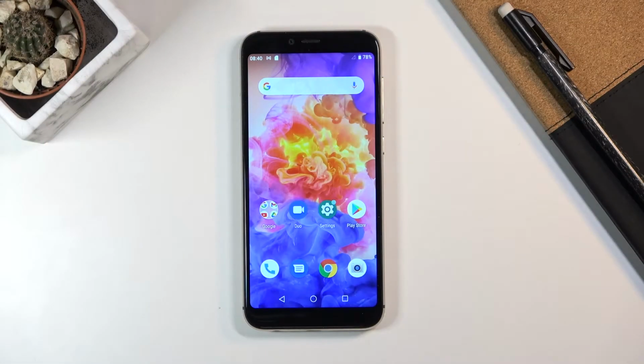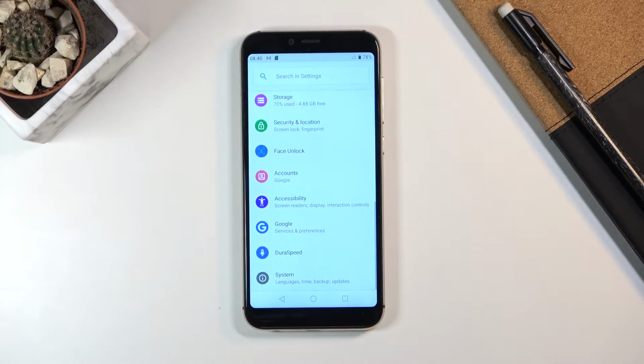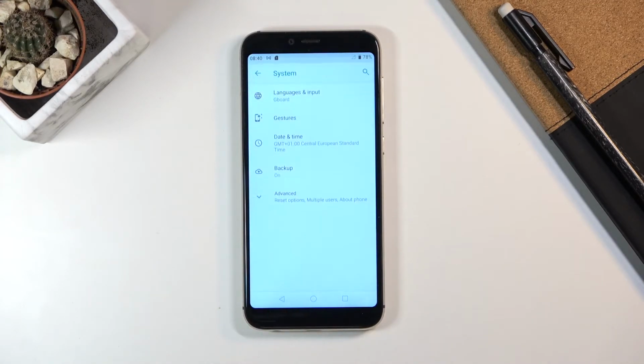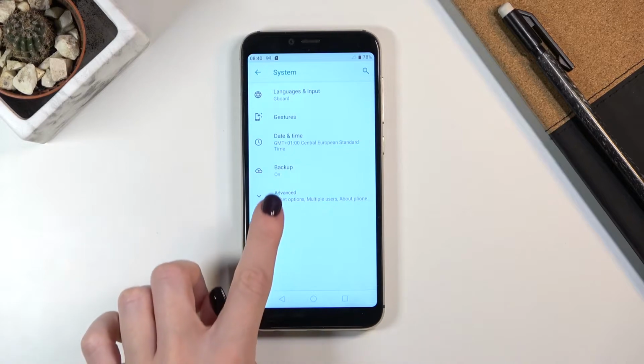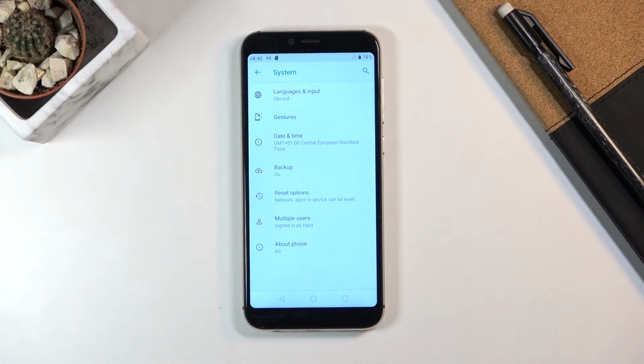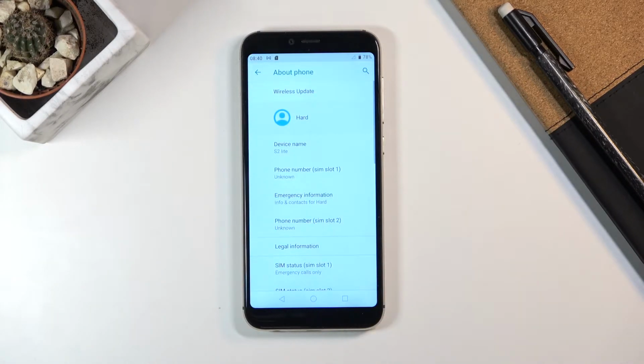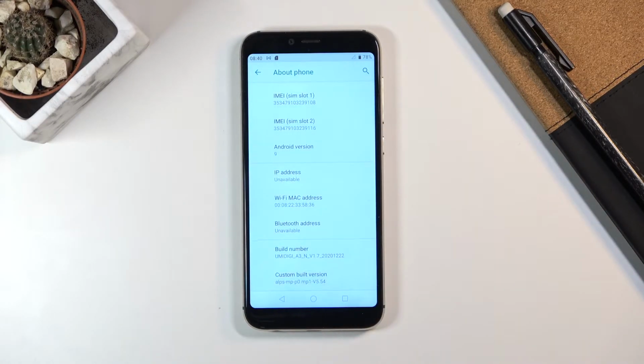And in front of me is UMIDIGI S2 Lite, and let me show you how to activate automatic system updates on the following device. So first of all, you need to open the settings, then find and select System, and click on Advanced. Here you need to mark About Phone, and now scroll down to the very bottom of the list. Tap 7 times on build number,